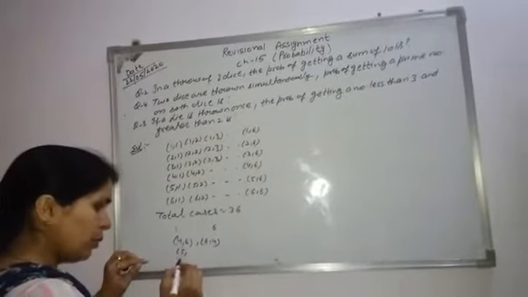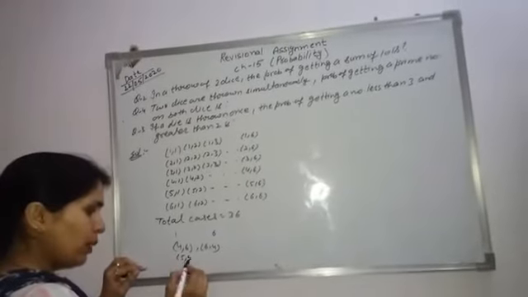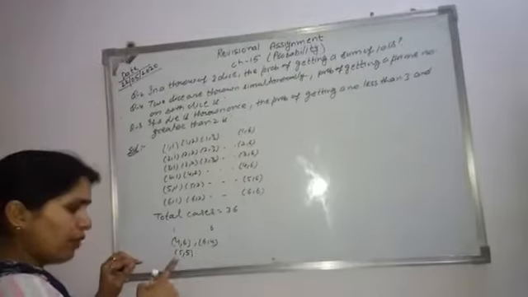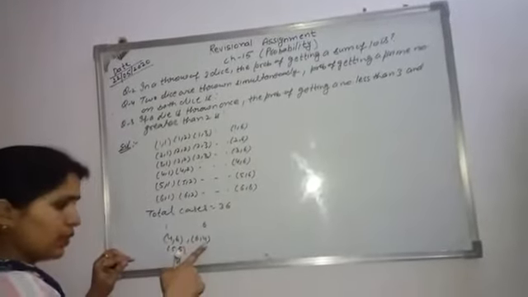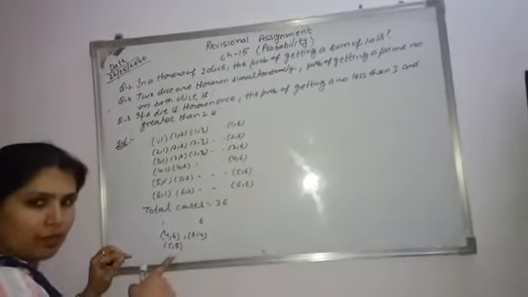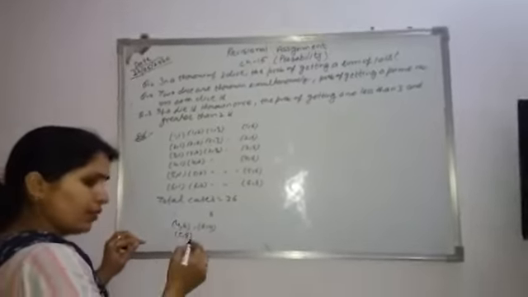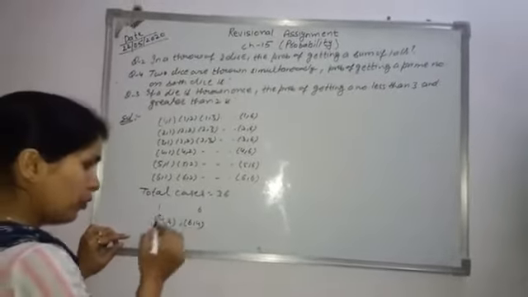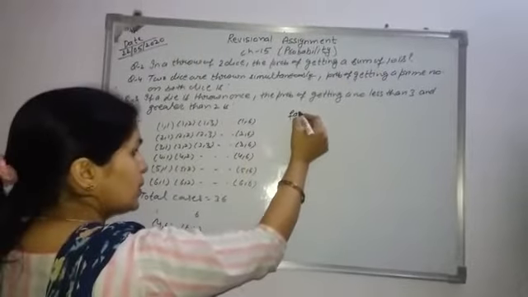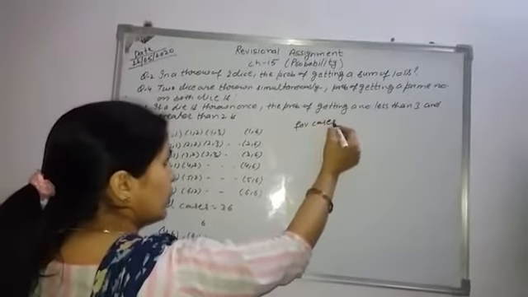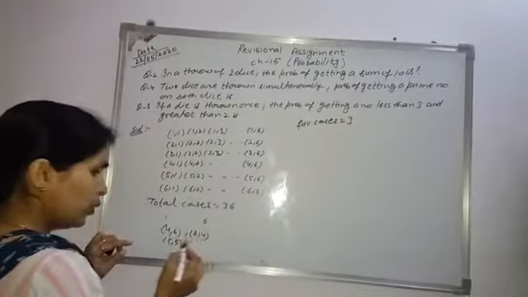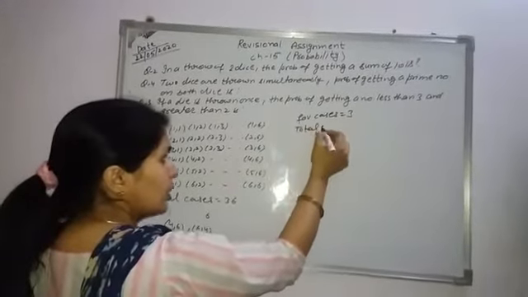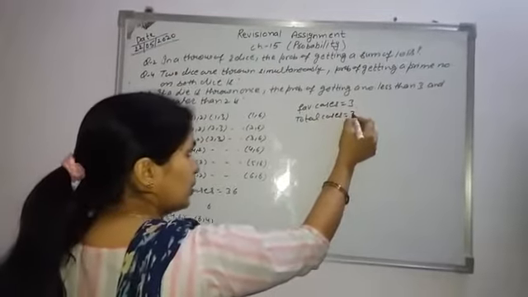After 4 the next number is 5. 5 plus 5 is 10, so the next case is 5, 5. After 5 the next number is 6: 6 and 4. And if we take the next number 7, that would be 7 and 3, but 7 is not present. So how many favorable cases do we have? Favorable cases are 1, 2, 3. 3 favorable cases, and total cases equal 36.